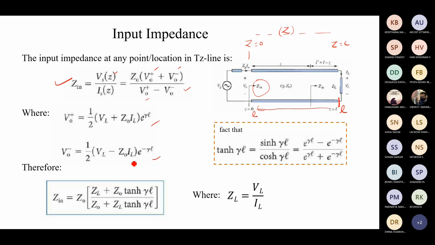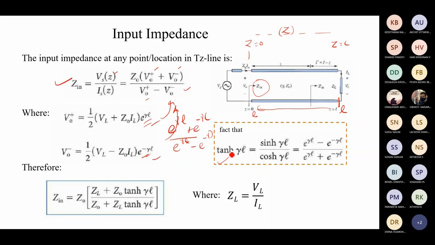So this is the incident component, this is the reflected component. Both the components are substituted in this equation, and this equation will result in this. A little detailed derivation is involved, but that is not a big trouble. When you substitute this VL, when it is added, you will get this term: e power gamma L plus e power minus gamma L divided by e power gamma L, sorry, minus e power minus gamma L. So this can be reduced as